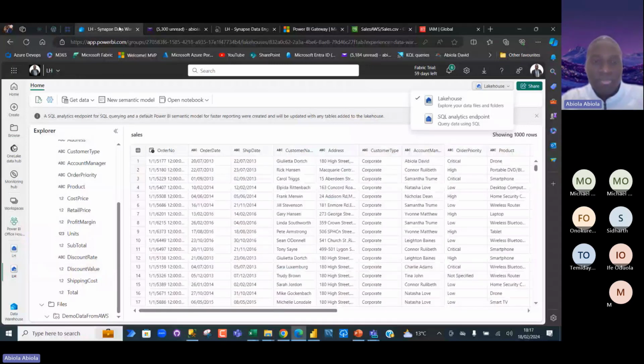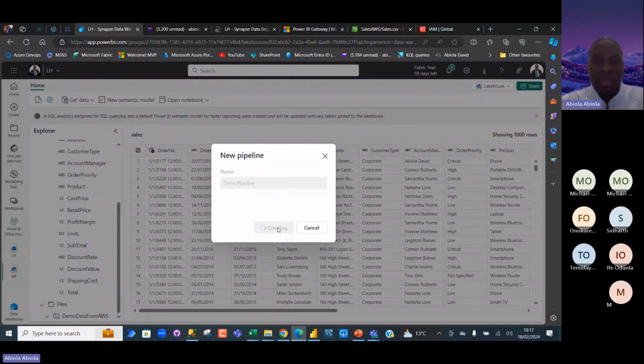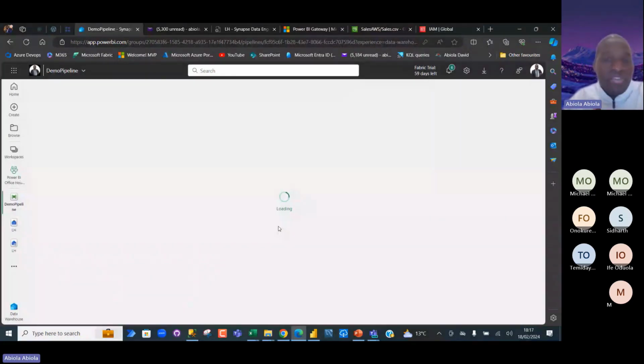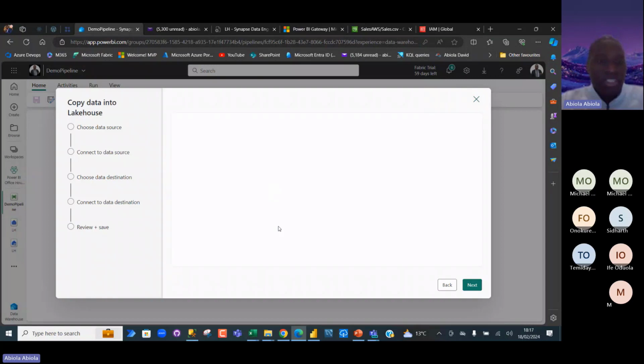So I'm going to click on that. All right, and then we wait for the pipeline to come. So I'm going to call this demo pipeline and then click on create. Okay, so once the pipeline has been created, go ahead and add a copy data activity, or you can even specify other activities within the data pipeline. You can even specify parameters. We can create what's called dynamic content, which I'm going to show anyway in this next.